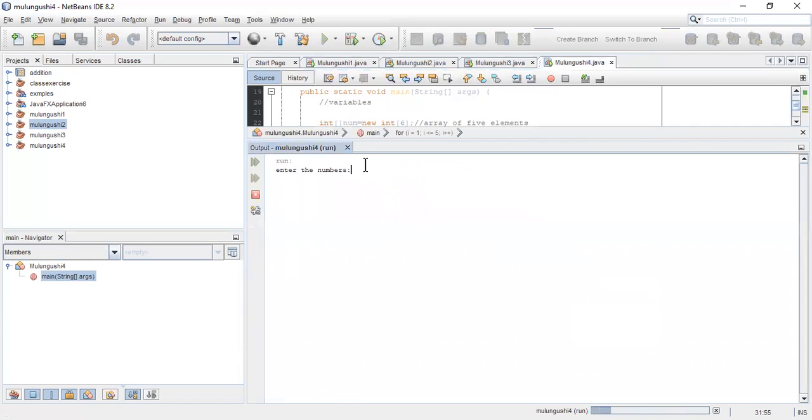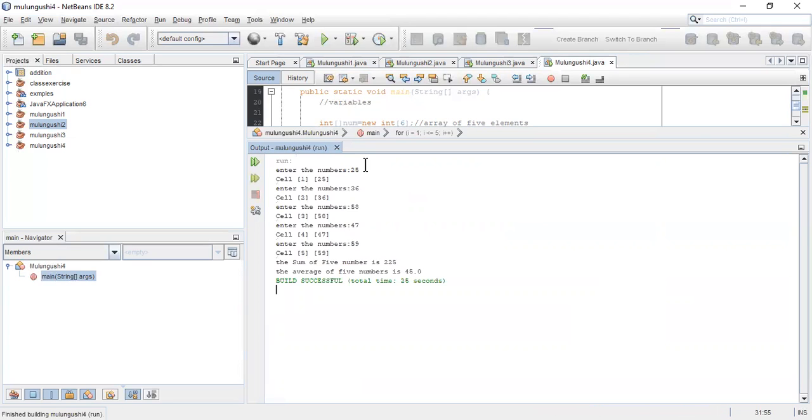So I'm going to enter numbers here. I'm going to enter 25. So in cell 1 there's 25, 36. In cell 2 there's 36, 58. In cell 3 I've entered 58. In cell 4 I've entered 47. And in cell 5 I've entered 59. But what I want to do also, I want it to show separately,